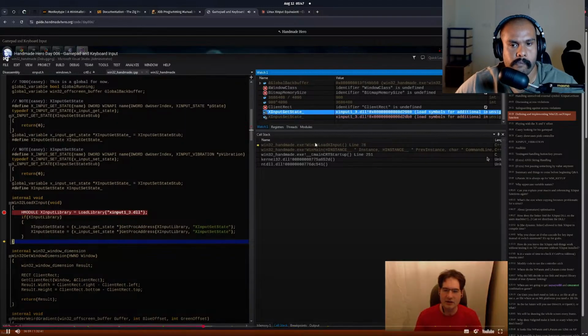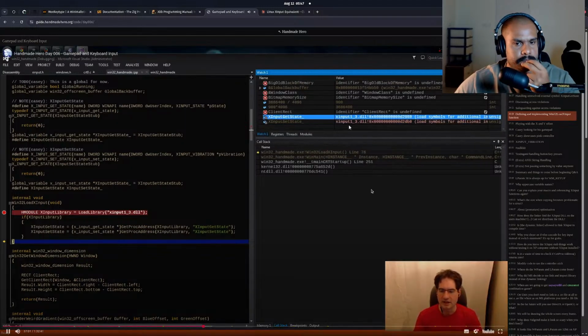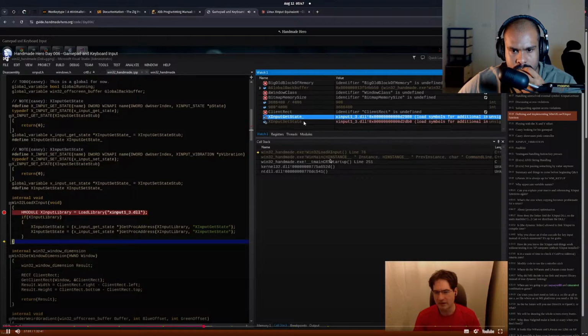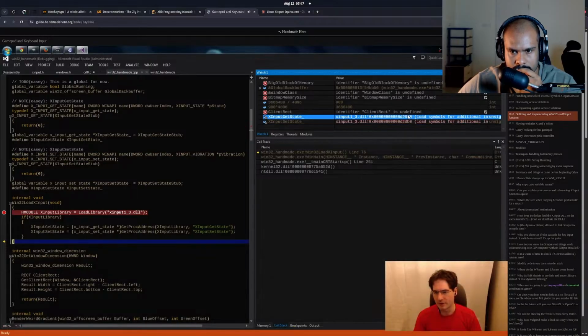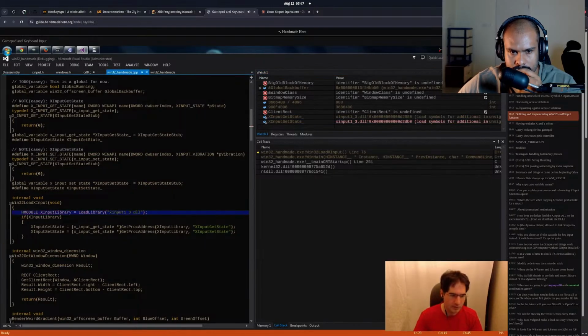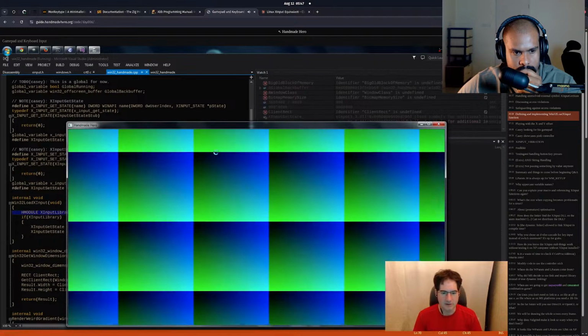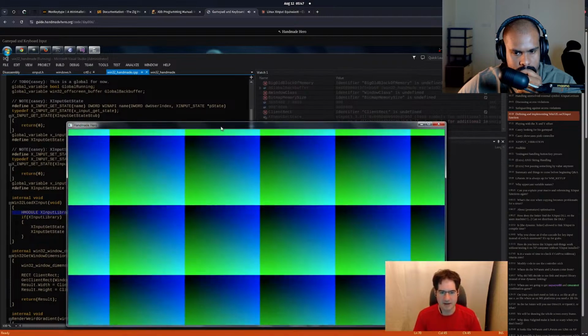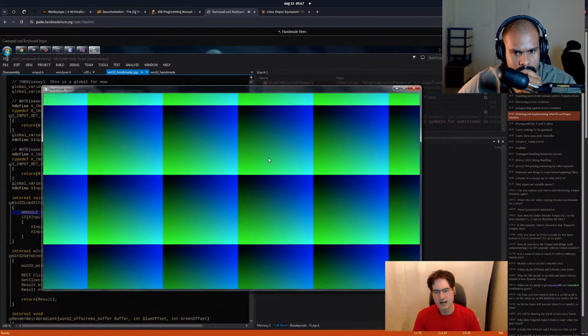And you can kind of see now if you look in the watch window, it's kind of interesting. The watch window is actually smart enough to tell us that these are now pointers into the XInput 1.3 DLL portion of our memory space, right? Which is kind of cool. So we've got them now. Let's see if we can run with them. We can. And so in theory now we are actually getting back from Windows the actual state of the controller,